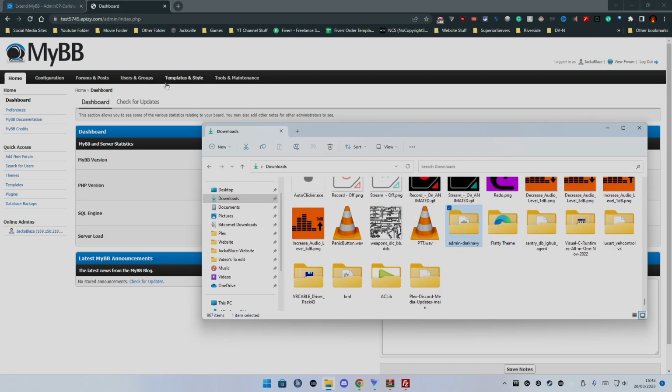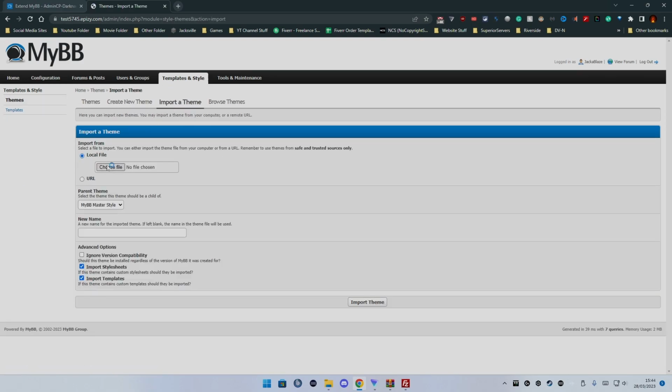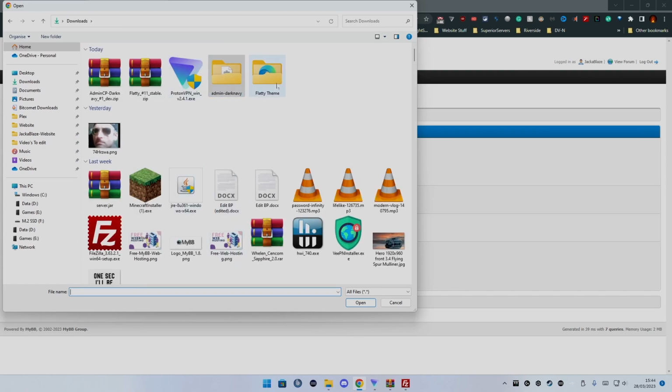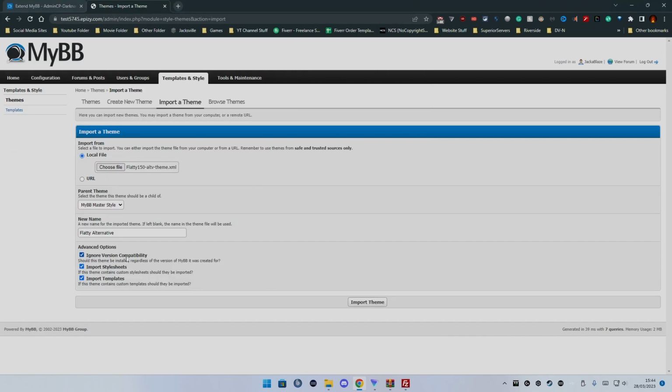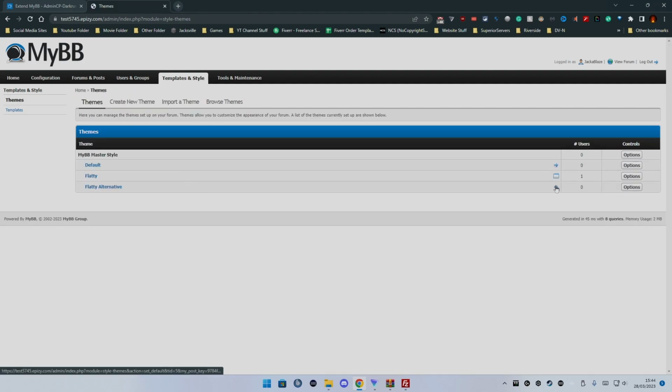So what we want to do is go into templates and style, click import theme, local file. We want to choose the Flatty theme and then just choose theme. Make sure that ignore version compatibility is ticked. Then we want to go ahead and click import theme and then click themes, and then I'll just go with